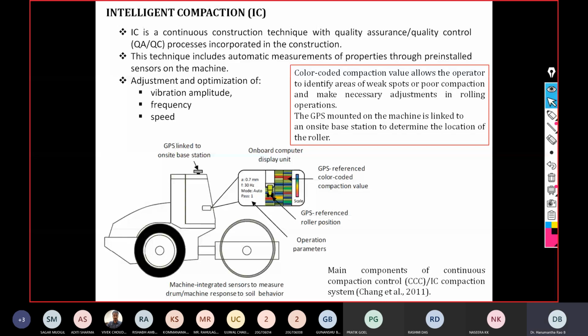So there are several varieties of intelligent compaction rollers available. Many companies like Ammann, Bomag, Caterpillar, Dynapac, Sakai are manufacturing different varieties of intelligent compaction equipment which are embedded with different sensing systems. So try to remember, the type of the equipment remains the same, but each equipment is equipped with different sensing systems for achieving uniform gamma D and uniform density.